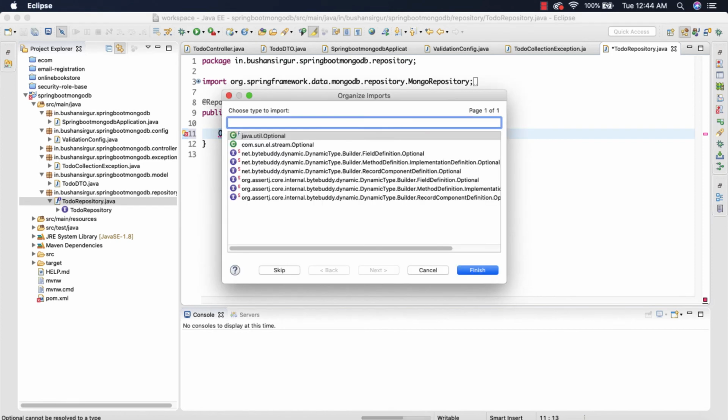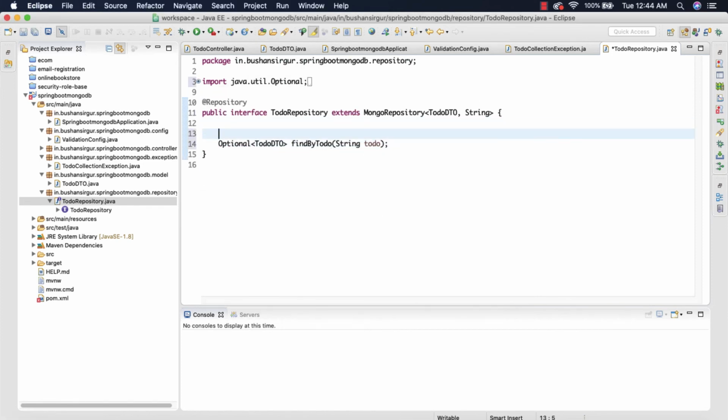Let me import that Optional from the util package, and I'm going to annotate this with the @Query annotation, and to this we are going to specify the property name. Within the curly braces, the property name, which is toDo, and we're going to pass the parameter index, question mark 0. The parameter index starts from the 0th index, which is nothing but the first parameter in the method. Let me import this Query annotation as well.